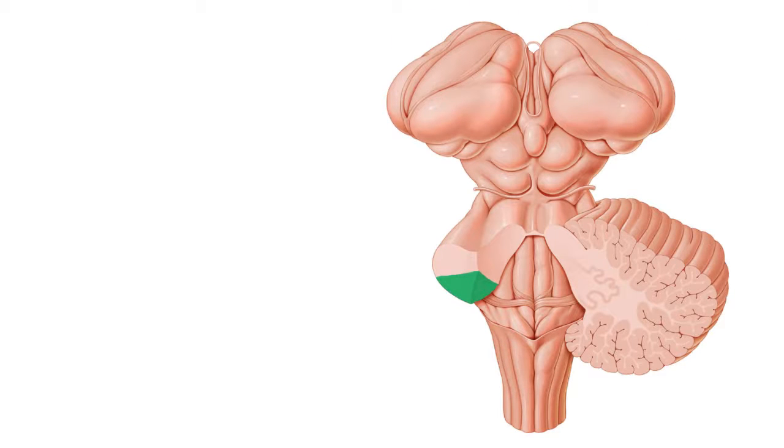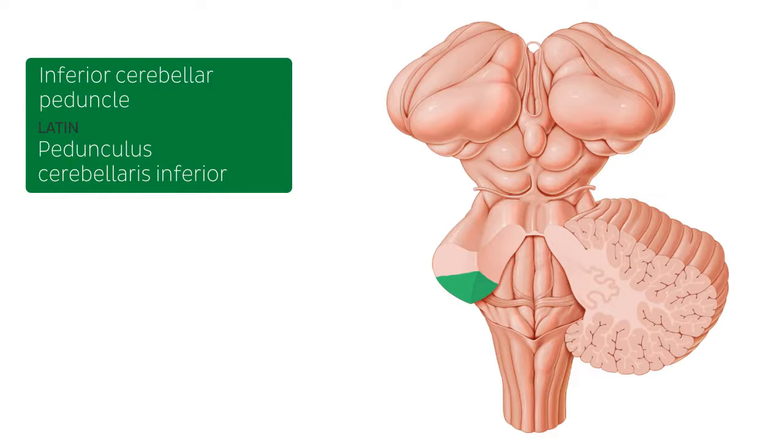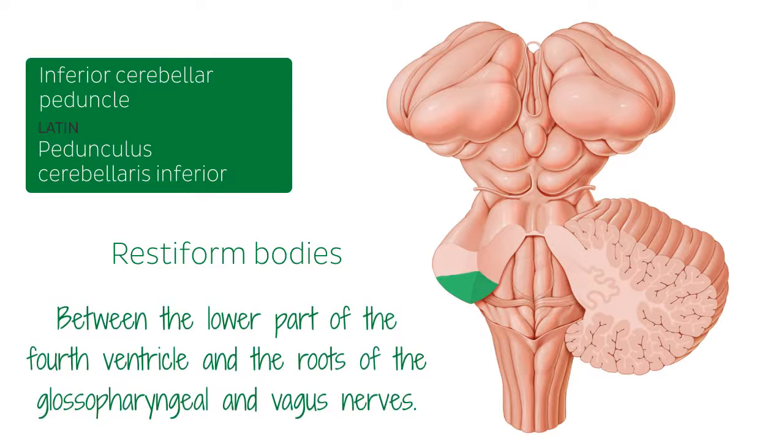This is a posterior view of the brain stem, where you can also see a bit of the cerebellum cut. Now, this highlighted structure is known as the inferior cerebellar peduncle, and let's start with this one, which is sometimes named the restiform bodies. They are thick, rope-like strands which are formed by fibers of the posterior spinocerebellar tract and the axons of the inferior olivary nucleus, and they lie between the lower part of the fourth ventricle and the roots of the